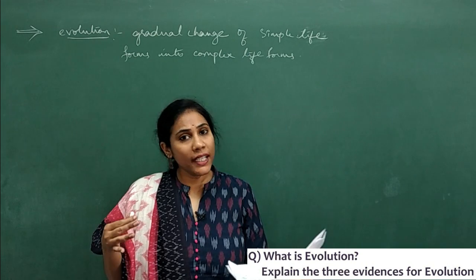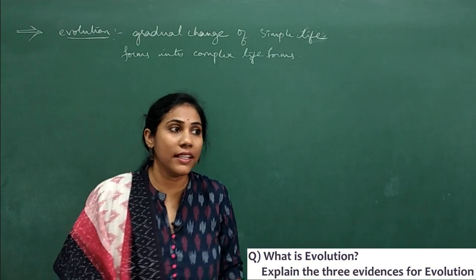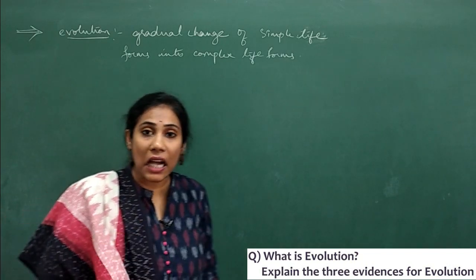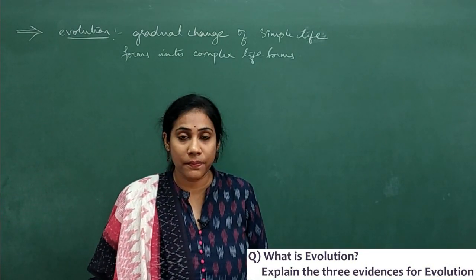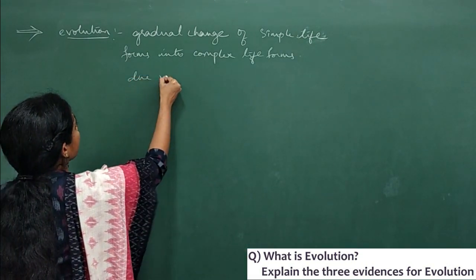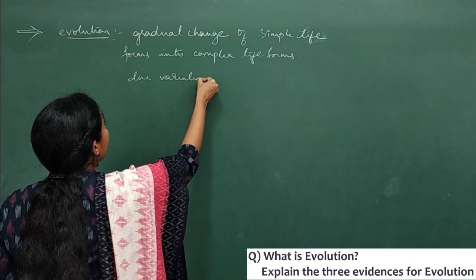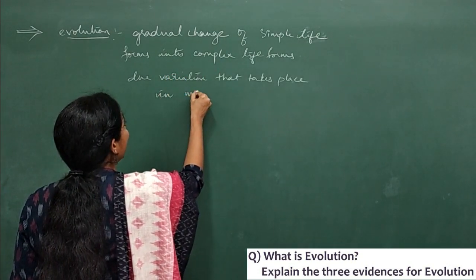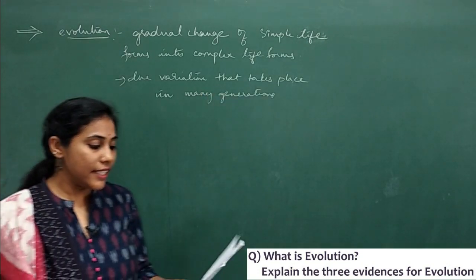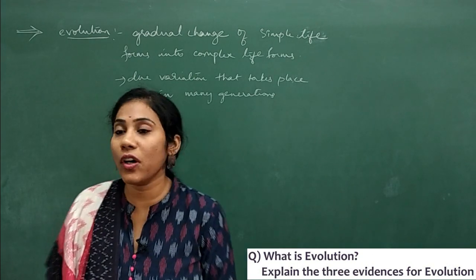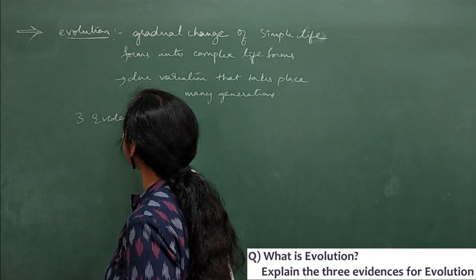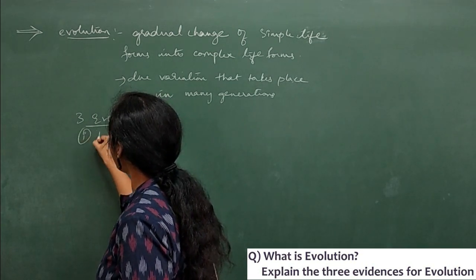So if you go a little deeper into the process of evolution, evolution is due to lots of variations that occur from generation to generation. Okay, so evolution is also due to variation that takes place in many generations. So this is what you can give as an answer, and they are also asking you to explain the 3 evidences for evolution. The first evidence I can give you here is homologous organs,